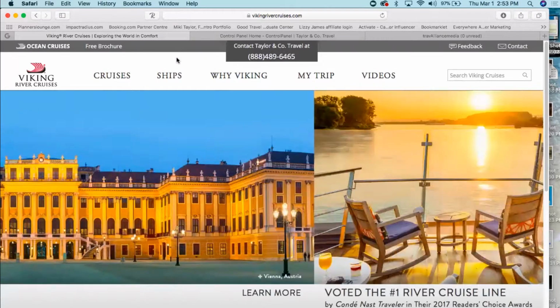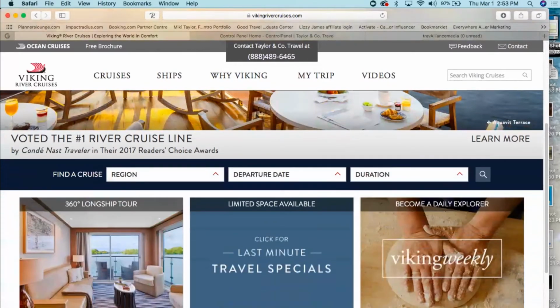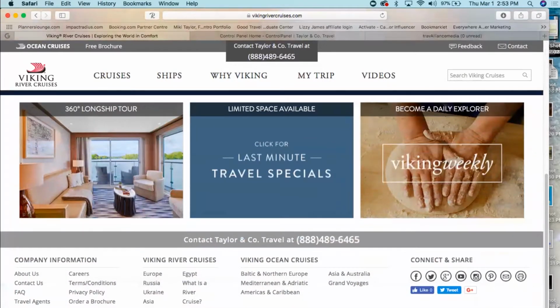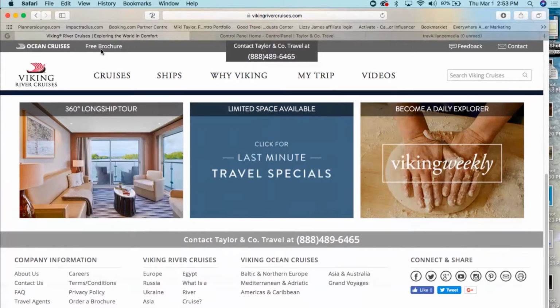They have one of the best white labeled sites, because what they did, they took their entire website and stripped down all of their contact information and replaced it with ours, the agents. You can choose whether, when someone comes to your white labeled Viking site, you want Viking to do brochure fulfillment,